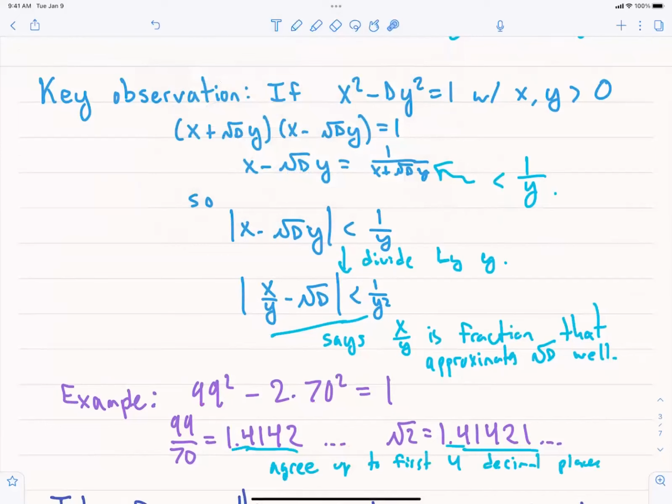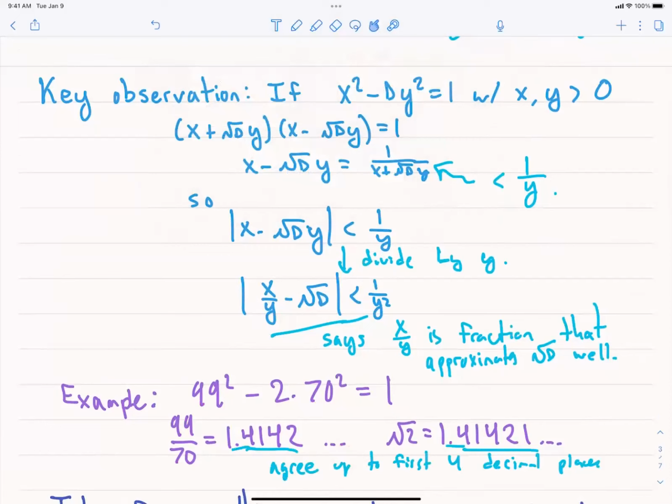So that means this number 99 over 70 approximates the square root of 2 up to 1/10,000th. So that's pretty good. It's even better than this naive estimate gives. This estimate would say that it was going to approximate it to 1 over 70 squared. We do it even a little bit better. Okay,